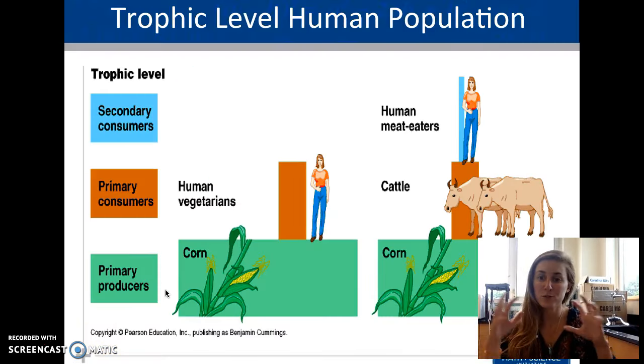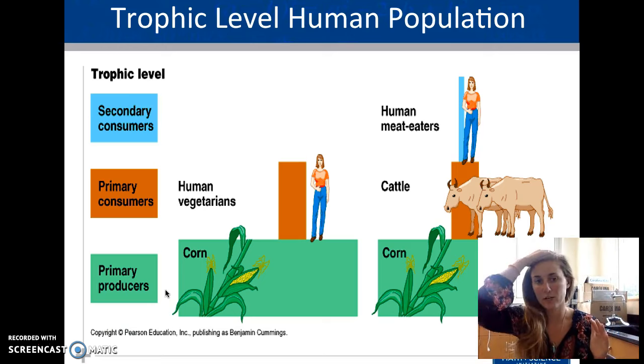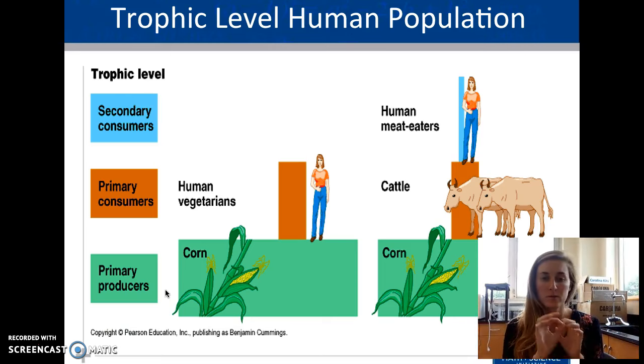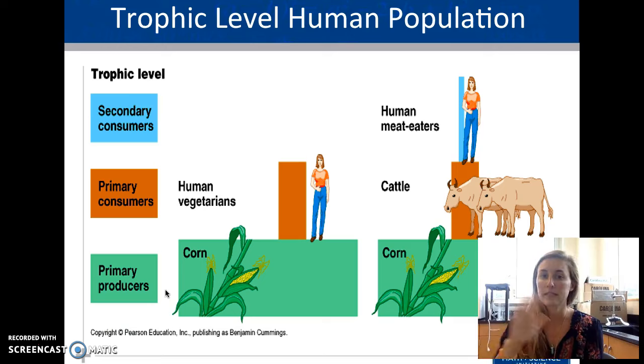There are two ways that we organize all the different organisms in an ecosystem. The trophic level, or the pyramid, is stacked and linear, basically saying this is at the very bottom and produces the most energy. We go primary producer, primary consumer, secondary consumer, and tertiary if we get to that. It's linear. The other type is the food web. That's much more common because we know that there are multiple dynamics. These human meat eaters are not the only organisms that eat the cattle.